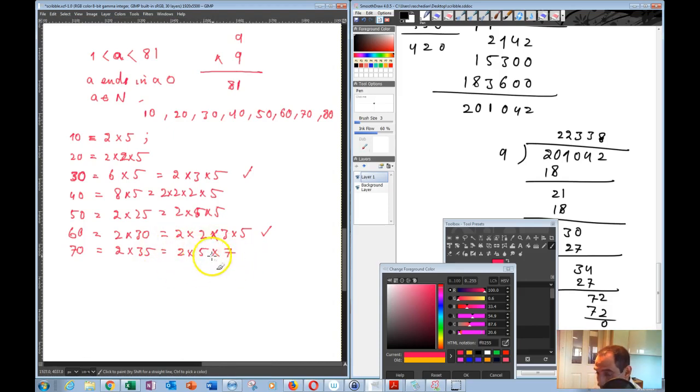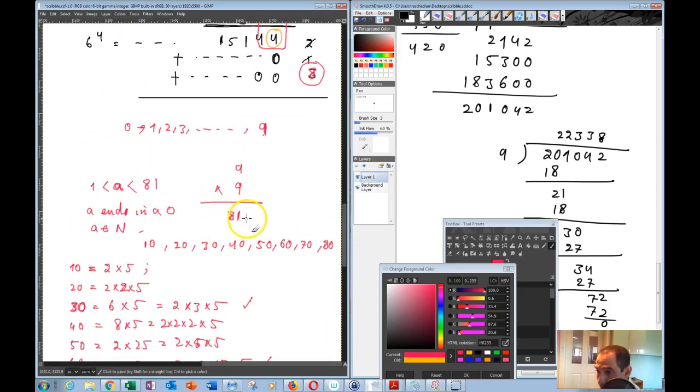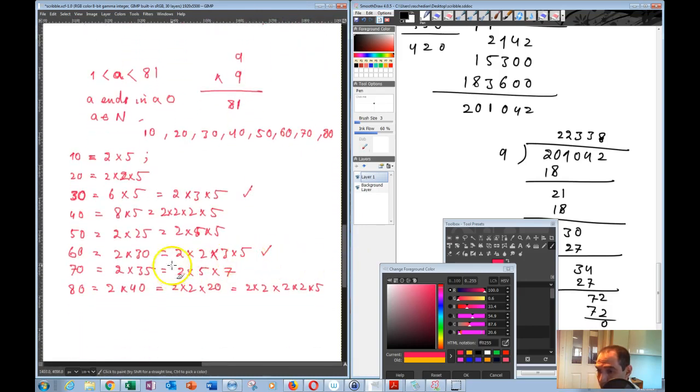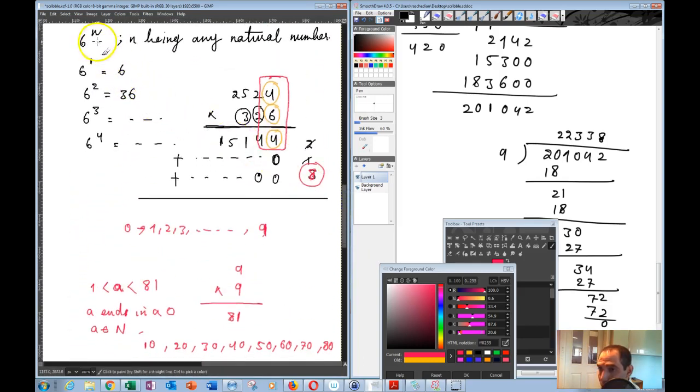But there is no possibility here to get that kind of thing. And 80 is the same thing as 2 times 40, which is 2 times 2 times 20, and 20 is 4 times 5. So 2 times 2 times 2 times 2 times 5. So using these factors, this kind of thing, of course, cannot happen. This kind of thing where you can get a zero there. You can get a 0 there with a 6,